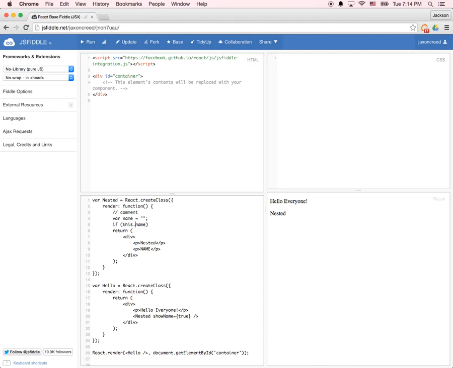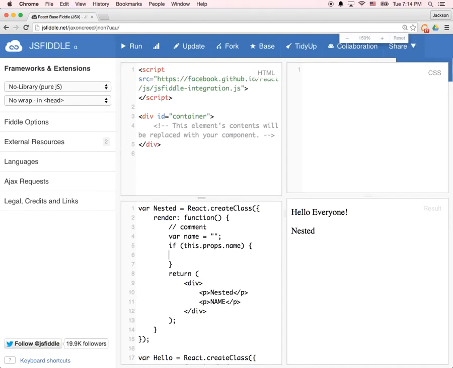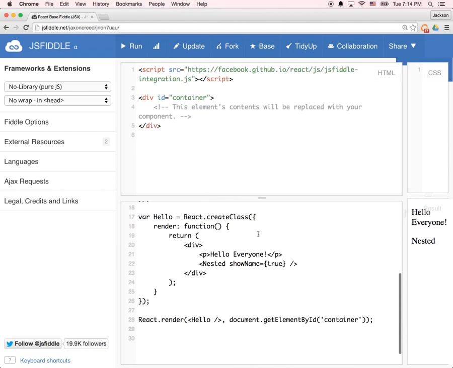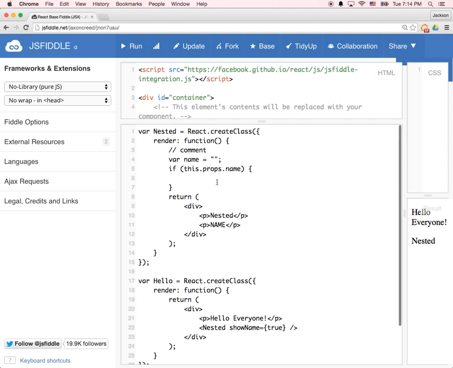If this.props.name, then, and if you are at all unfamiliar with what I'm doing, actually, is this too big or too small? Should I enlarge it? Okay, so if this.props.name, then name is equal to, let's define this the React way,